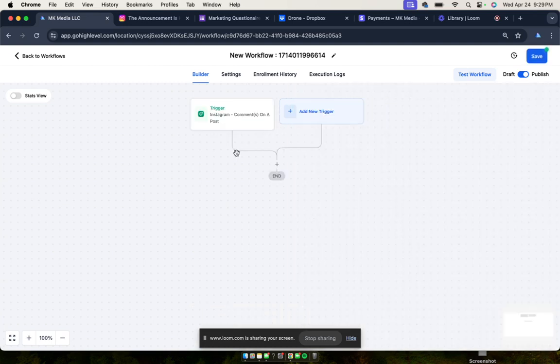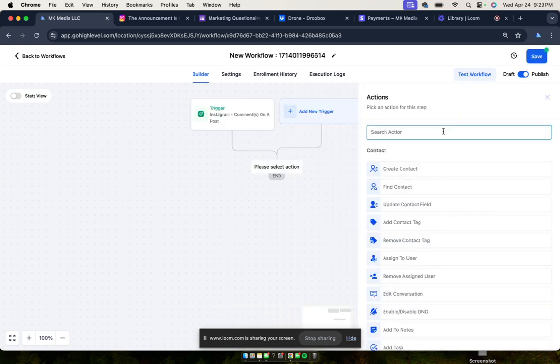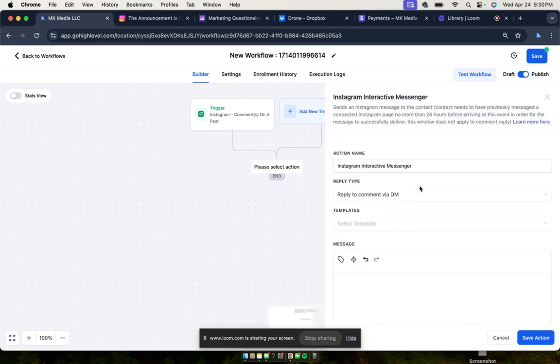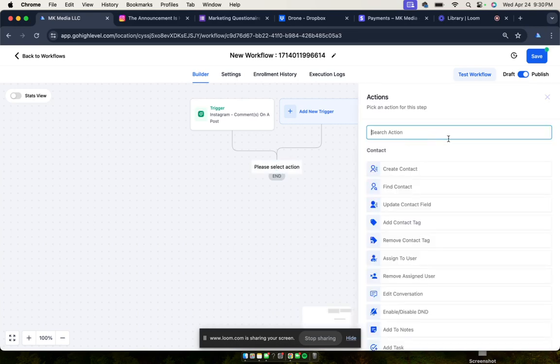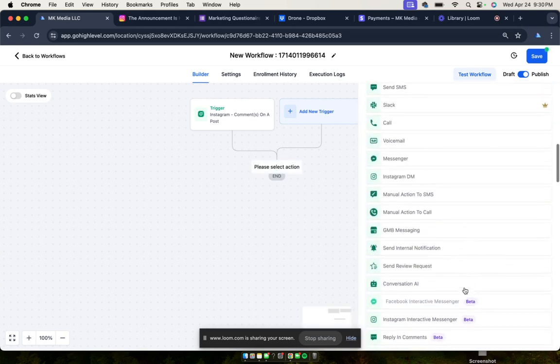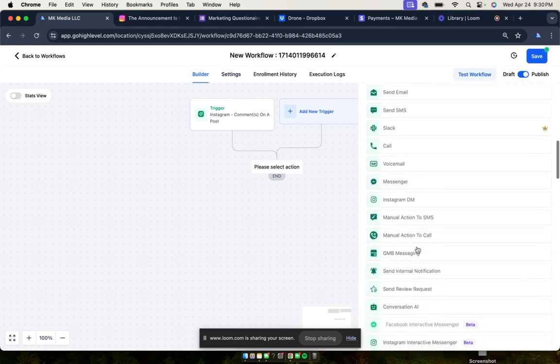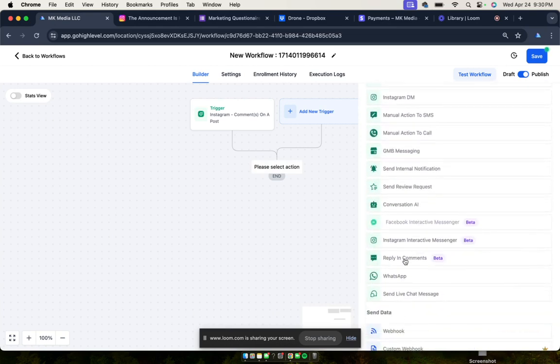Okay, so save trigger, and now we are going to go into action. I think you can type in Instagram interactive messenger. When you select this, the default is going to be reply to comment via, oh wait, no, scratch that. That is not what you're going to want to do. You're going to scroll down to reply in comments. I did this wrong last night too. So reply in comments,